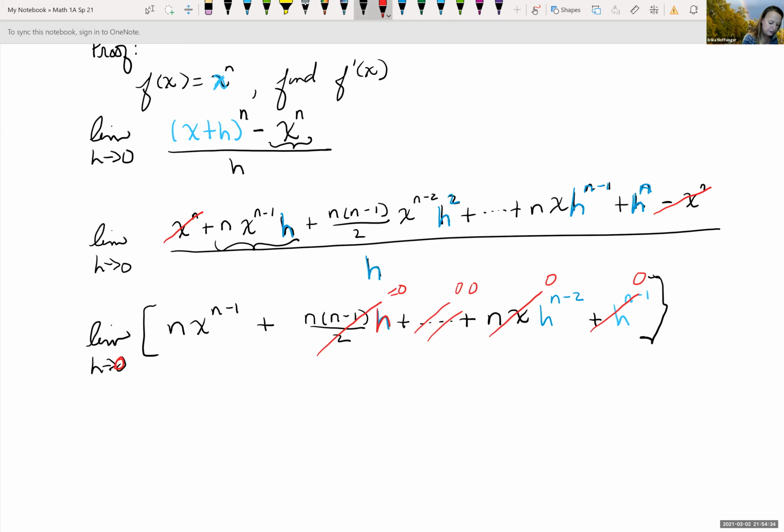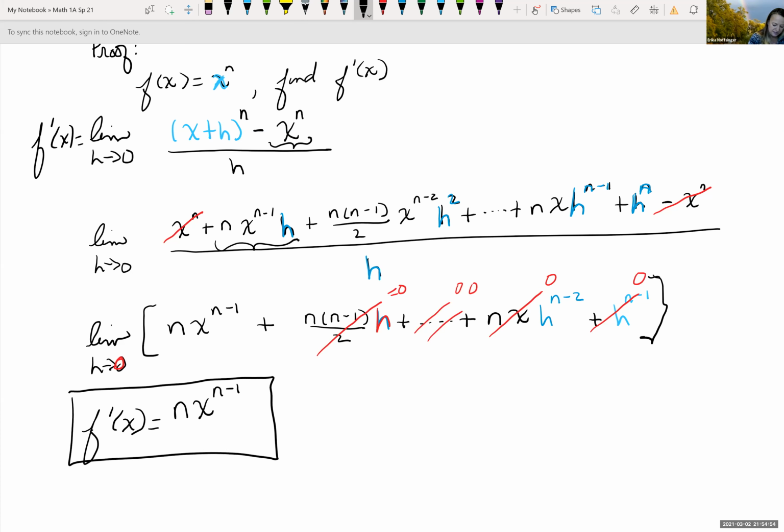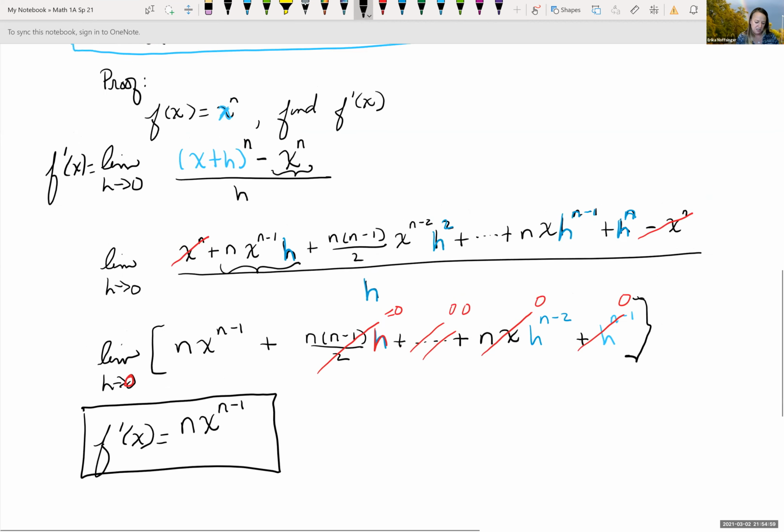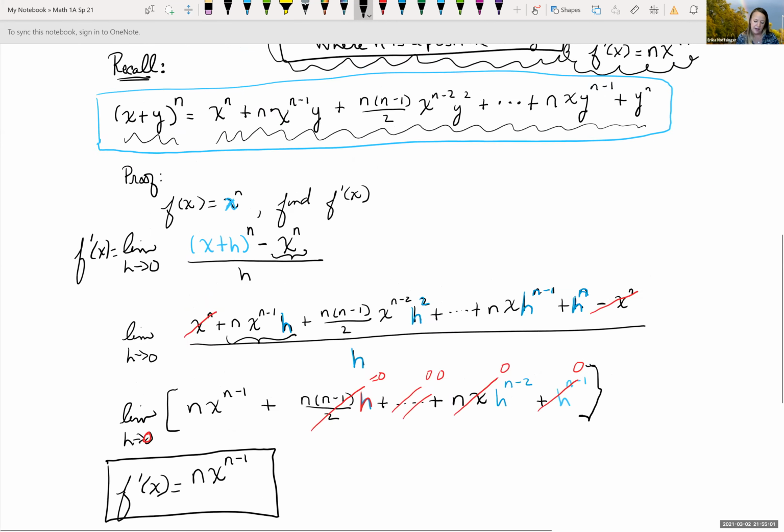The only thing that we would have left here is n x raised to the n minus 1. So the limit was the derivative function. And so we can say here f prime of x is equal to n times x raised to the n minus 1 power, which is the power rule,